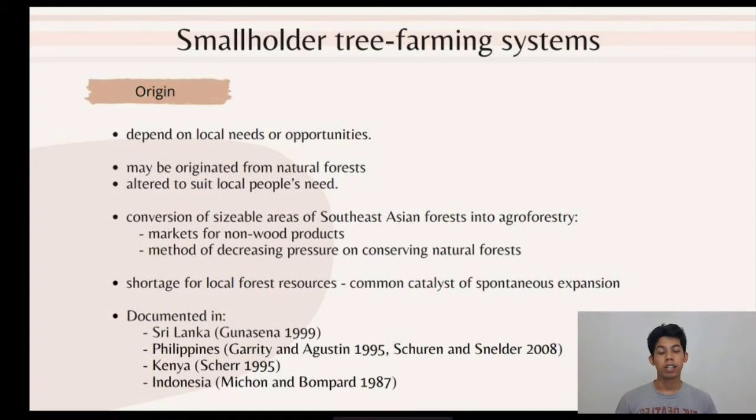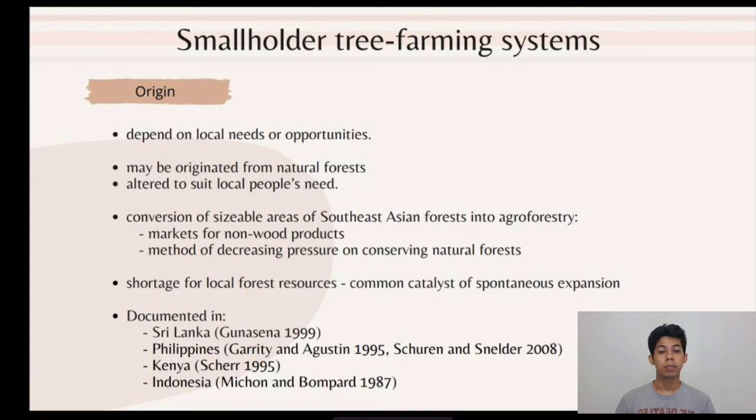natural forests. There are various examples of forest degradation being deflected by the establishment of smallholder tree farming system, which avoid the most serious stages of environmental degradation. In this situation, good market for non-wood products such as fruit, resin, and latex have allowed a transition of substantial area of Southeast Asia into agroforestry. An example is land use that combines planted tree with forest flora and fauna, with either retained or naturally regenerated vegetation.